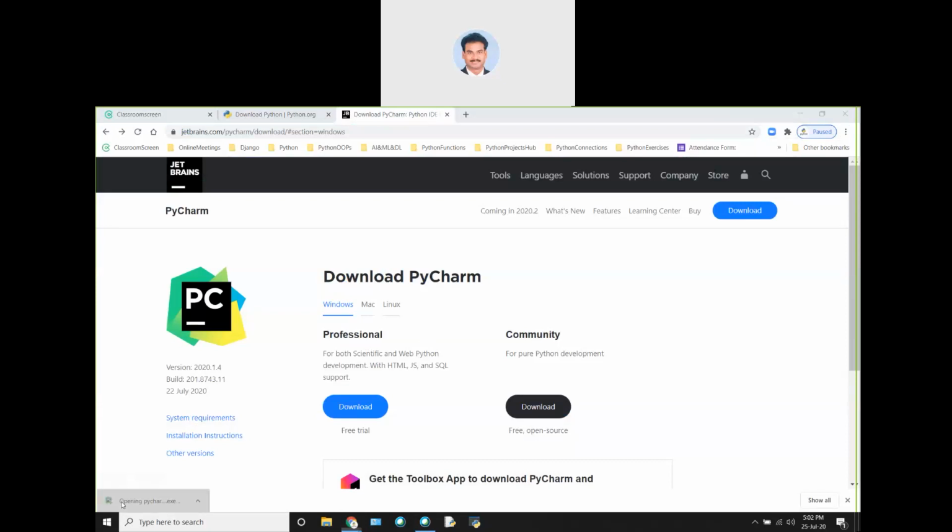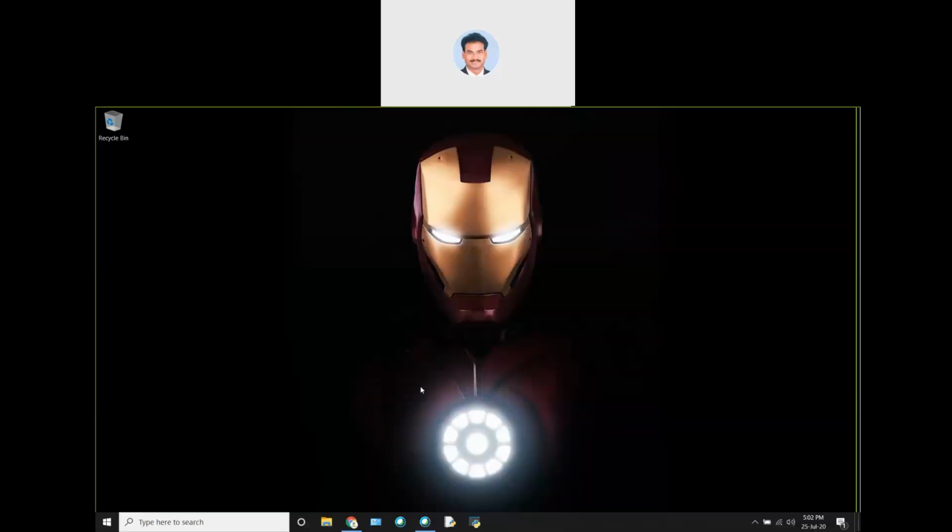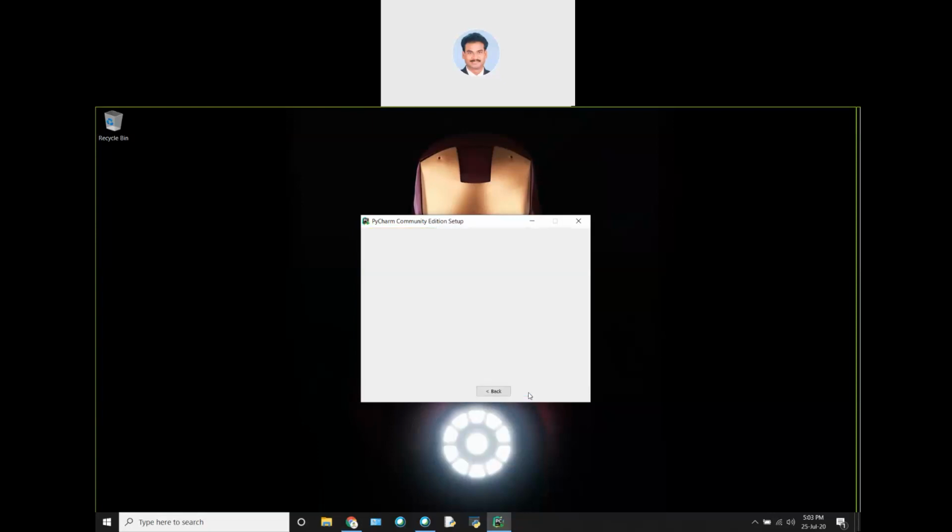So it was successfully downloaded. I am going to install that. You need to just click on next, but you need to select all these things. If you want to add the launcher directly to the path, compulsorily we need to restart. See here, restart needed. Then only it will create a path, and anywhere we can use PyCharm. Okay. So the sequence is, first we need to install Python, and second PyCharm.